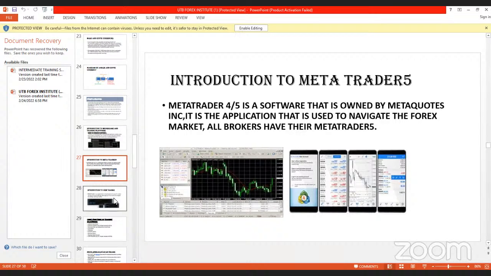Ordinarily, the US stock exchange will tell you that if you don't have up to 25,000 USD in your brokerage account, you can't trade the market. But because the platform is leveraged, in the sense that if you have small money it will be seen as if you have big money, that's why you and I can trade. Ordinarily, do I have 25,000 USD to trade? I don't. But I can trade with 100, 200, 500, 1,000, depending on whatever I have in my account. So that's the essence of the brokerage.